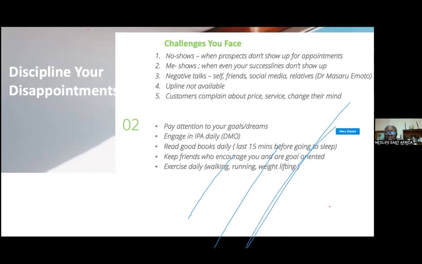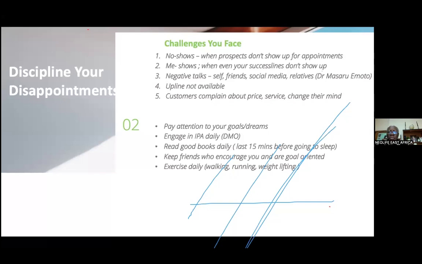If you exercise daily, you will find that your positivity is going to be higher, because when you exercise, hormones are released into your bloodstream that help you to have a positive attribute. Your level of oxytocin will go up. If you're a man, testosterone will also go up. You will find that it gives you a lift so that you can manage. So daily exercise is very, very important for you to manage disappointment and to have a disciplined life. So if you pay attention to those little things, you're going to handle your disappointments much better.